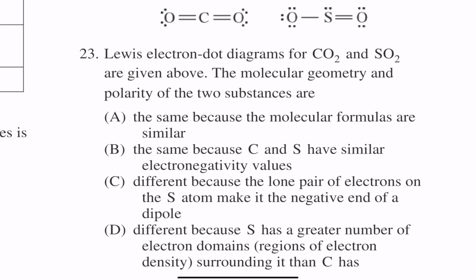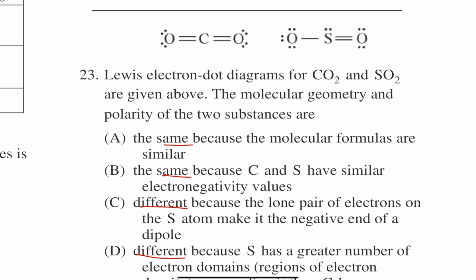Number 23, Lewis electron dot diagrams for carbon dioxide and sulfur dioxide are given above. The molecular geometry and the polarity of the two substances are, well, it says same, different. It's definitely different. It's so different because if you think about it, carbon dioxide, as we should all know,